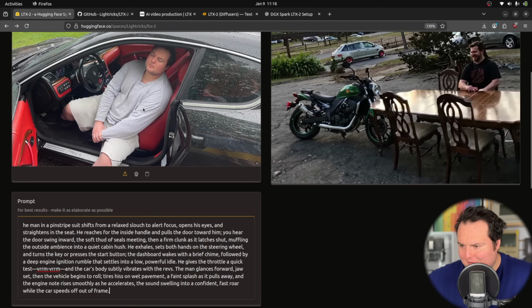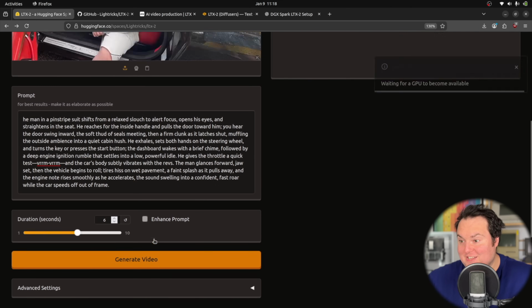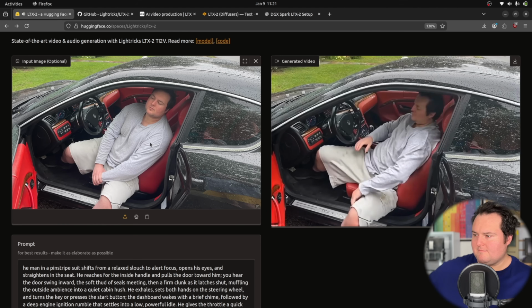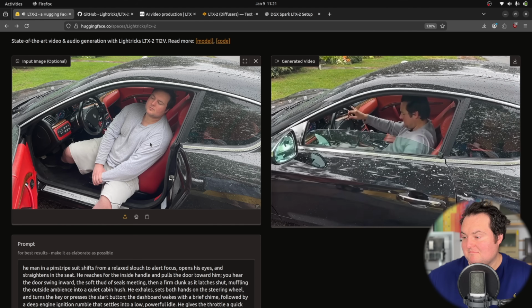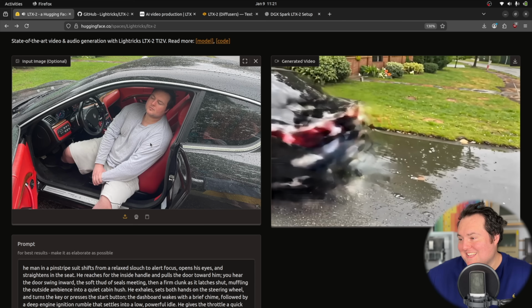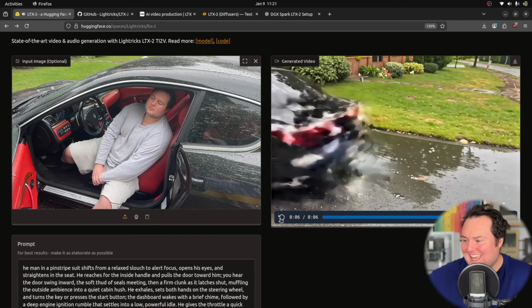All right, I'm going to try this one where essentially it should bring it to life, where he slams the door and then speeds off. That was cool. It accelerated a bit slow and it did not sound very good, but